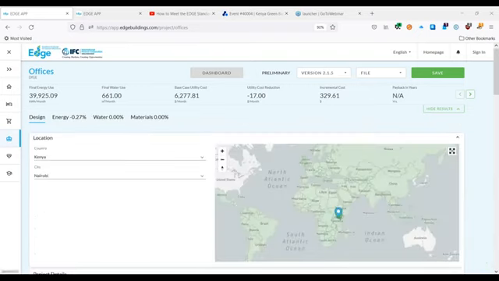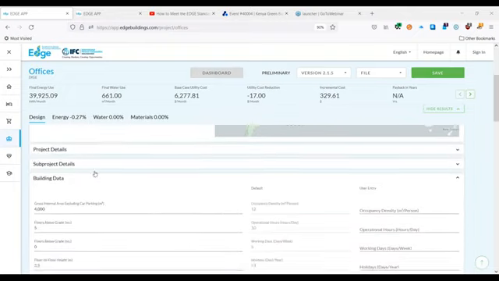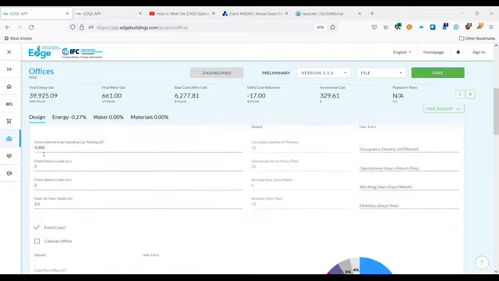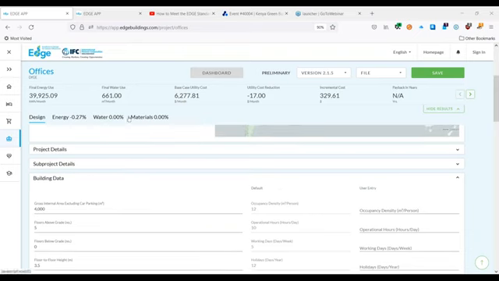Okay, so here we are. You saw in the video what it looks like, a brief run through. But here we've created a project. This is just a test project. It's a project in Nairobi. We created an office building. We put in the various parameters. We have four different tabs here: the design, and then we have the actual category for resource efficiencies.